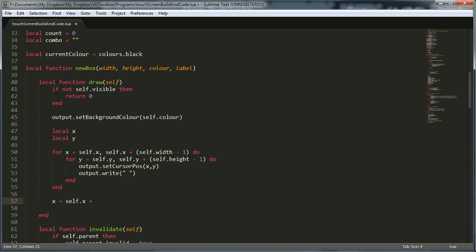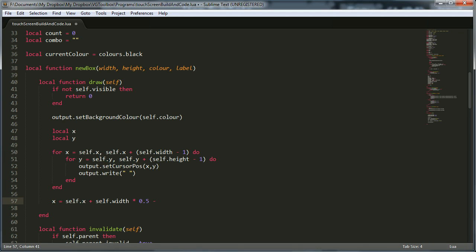If we were talking about x, that's the top left of the box, technically, isn't it? So we want to talk about the middle of the box and the beginning of the string. So what we'll need to do is say self.width times 0.5. So that just means a half. So it's the same as doing divide by 2, but it's easier for the computer to do. So times by 0.5, exactly the same as divide by 2. It's just quicker and cheaper. So minus,